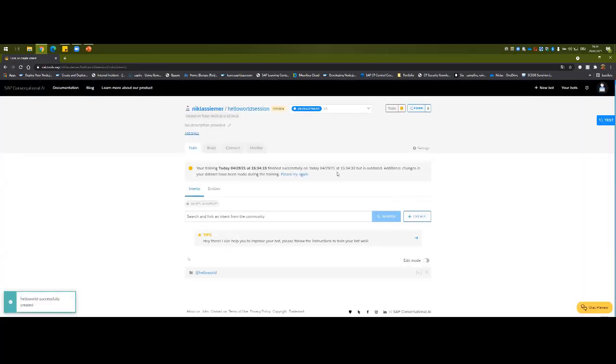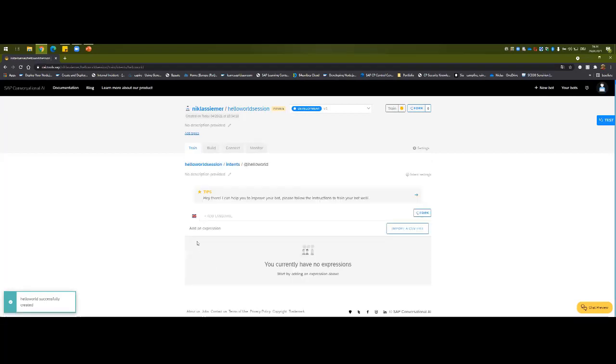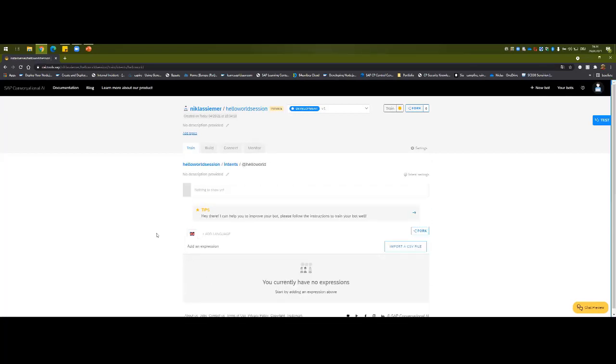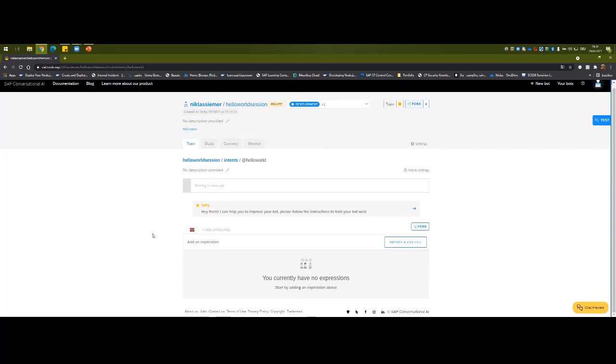After that, I have to click on the intent to define the expressions. And as I already said, these expressions are the example messages which a user could potentially write to the chatbot to trigger this intention. The NLP algorithm works in the way that it also detects messages which mean the same but are not listed here.